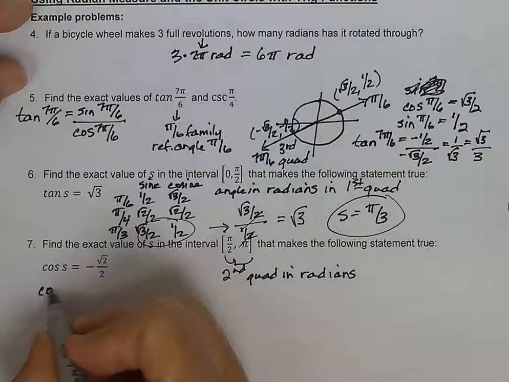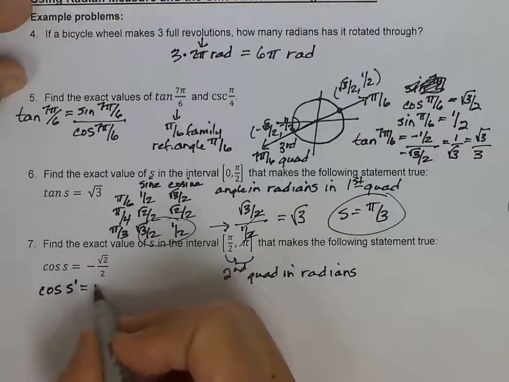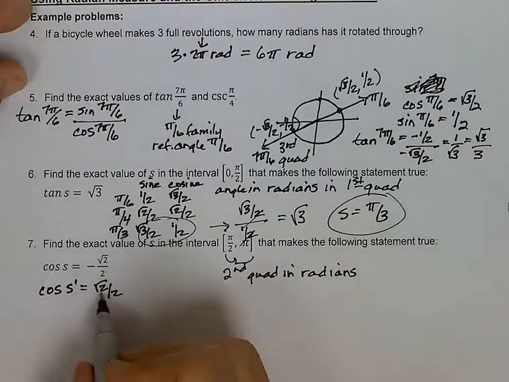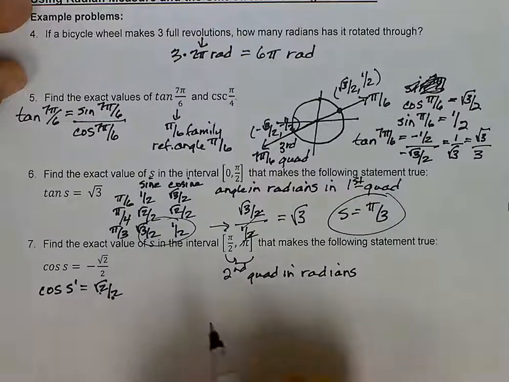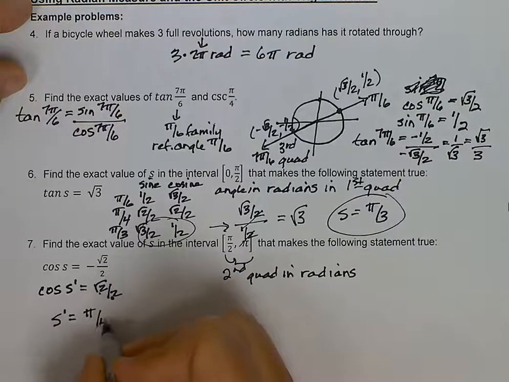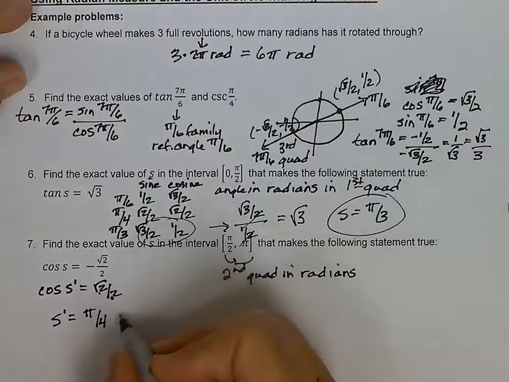For our reference angle, I'm going to call this S prime. The cosine would be, instead of the negative square root of 2 over 2, the positive square root of 2 over 2. If we think about our special angles in the first quadrant, the one that has this for a cosine value is pi over 4. Because we're looking for this in radians, we can just think about what other angles are in this family. So we've got the pi over 4 family,